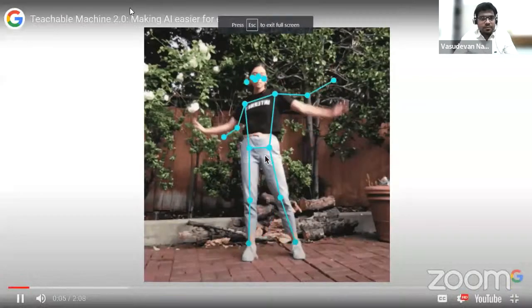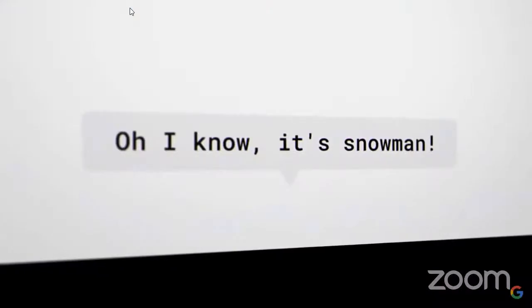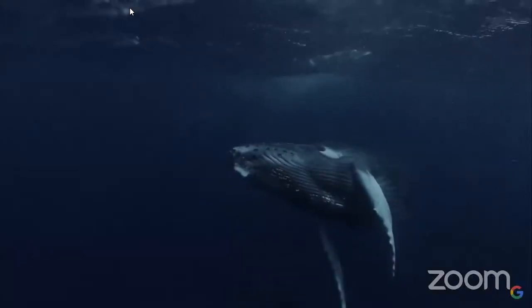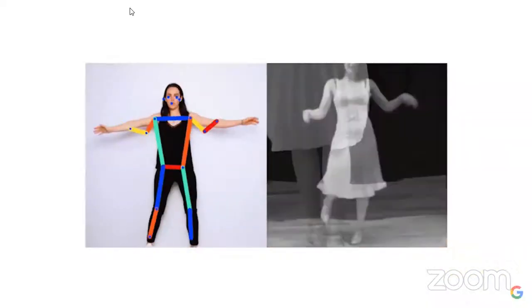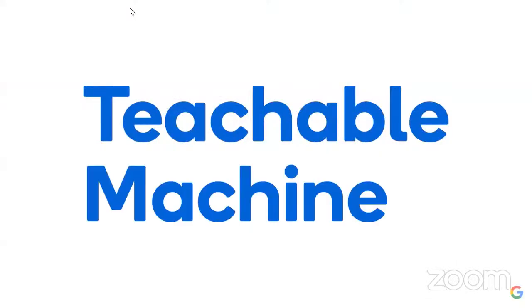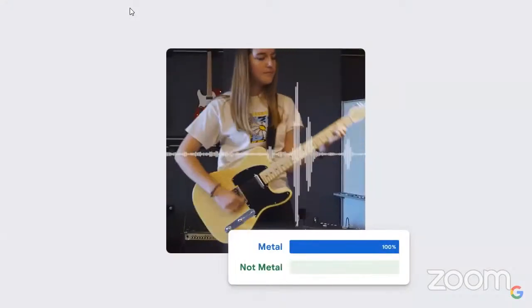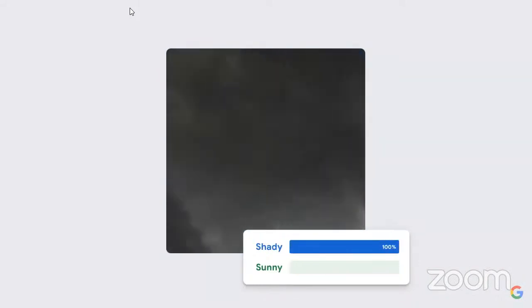People are training computers and creating machine learning models to explore all kinds of new ideas. New ways to interact. To understand the world. To play and experiment. But machine learning is pretty intimidating to get into. So we've been wondering, what if it wasn't? With Teachable Machine, we set out to make it easier for anyone to create machine learning models without needing to write any machine learning code.